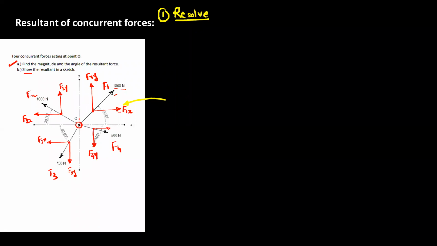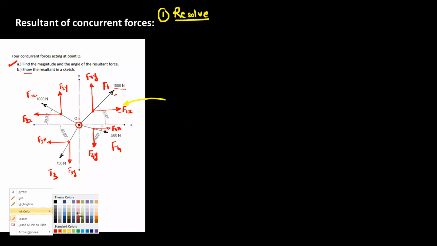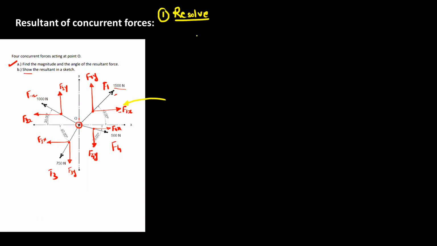Now this is F4y and this is F4x. Okay, so in this manner, you can resolve the forces or you can separate out each force. So for the F1, you can draw the first quadrant. As the force F1 is in the first quadrant, so this is the F1, okay.